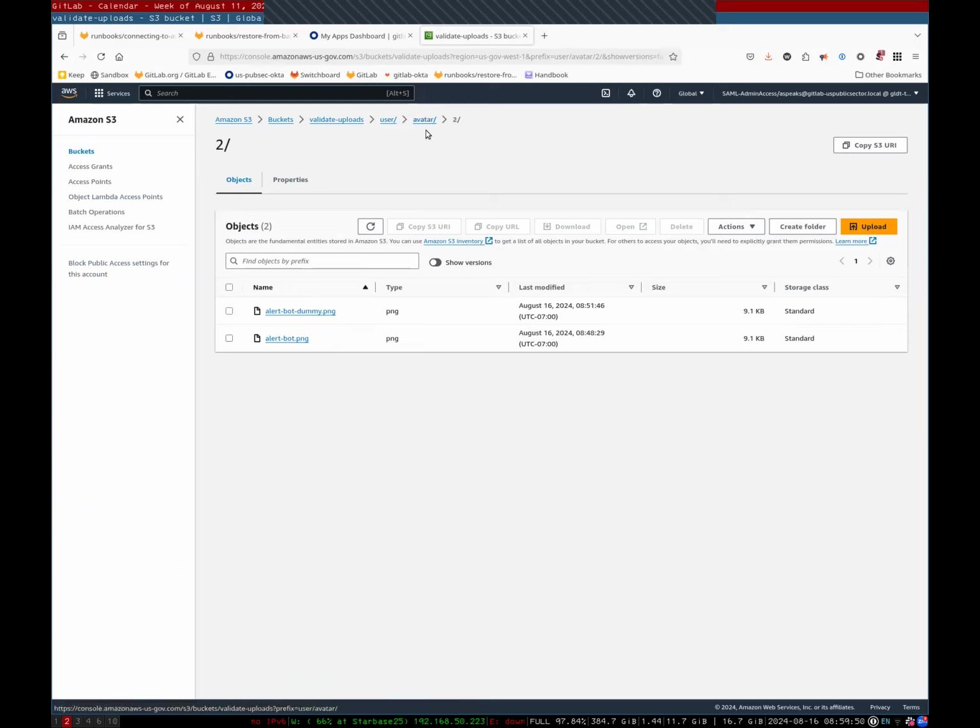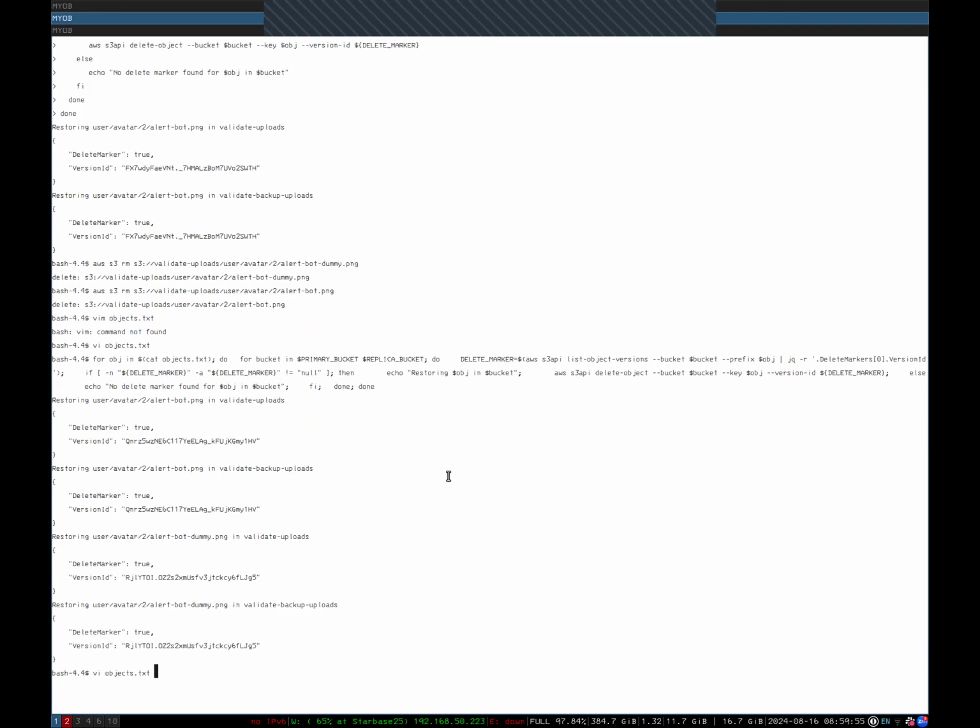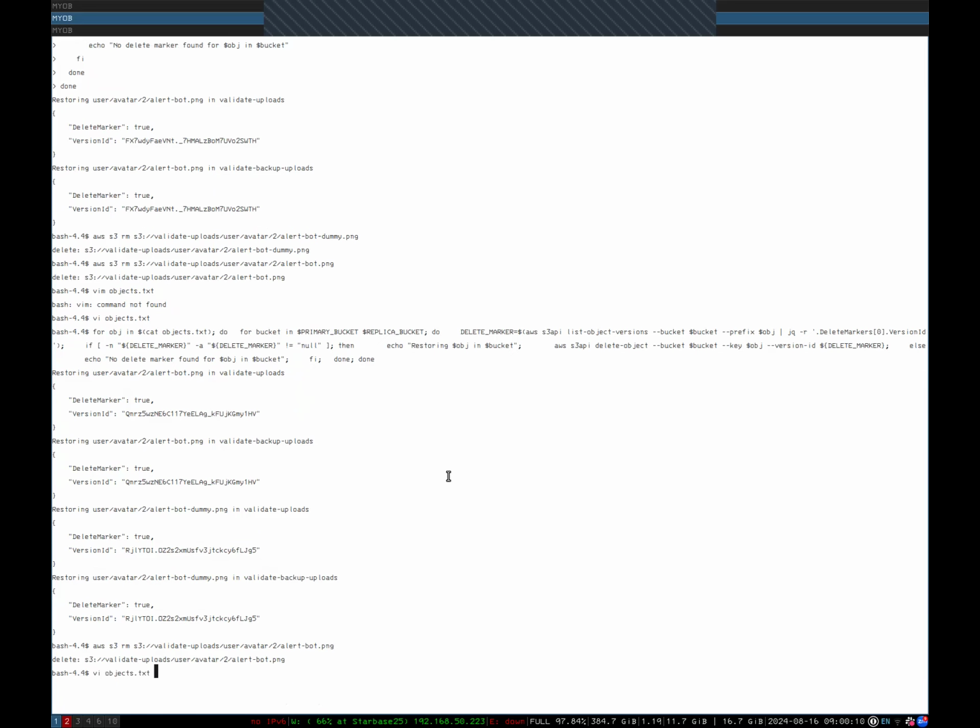But another way we could have done this, let's just pretend that the files have been removed in a way that the delete marker, the full file doesn't exist. There is no delete marker to remove. I'm going to simulate that. So in this case, we'll just delete these 2 again. And instead of using this block for restoring the delete markers,